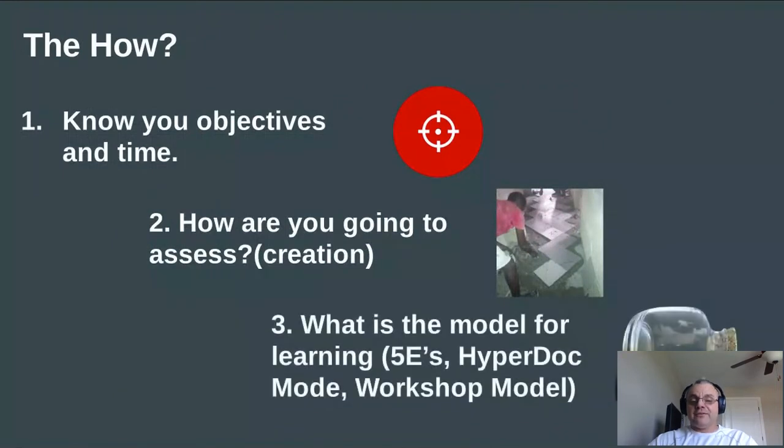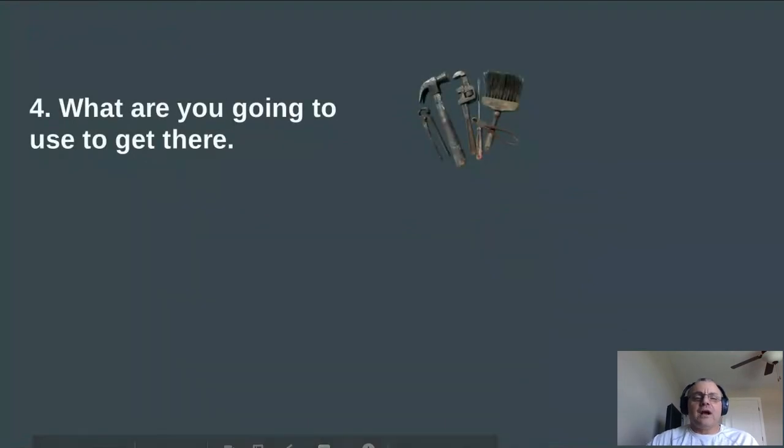Then after that, you have to decide the model of learning you want to undergo. Is it a workshop model? Is it really the HyperDoc model? Is it the 5 E's, which we'll show in a second? These are all different templates that can be used with HyperDocs. After that, it's what tools are you going to give them? What are you going to give them so that they can build that knowledge, so that they can complete that assessment and show you that they are